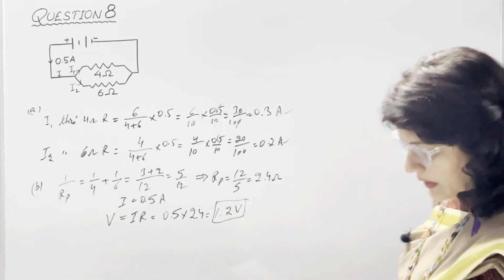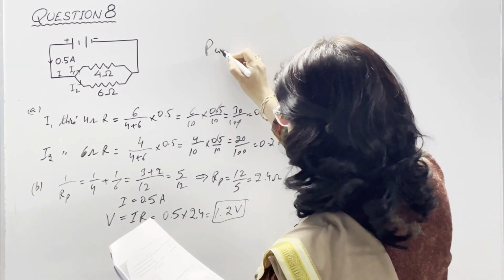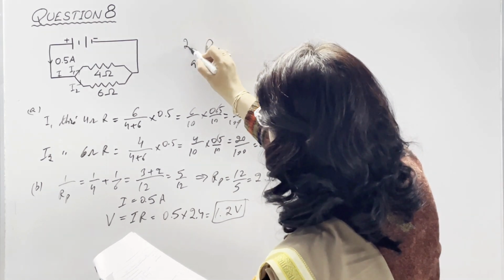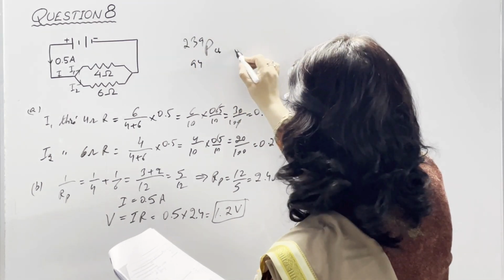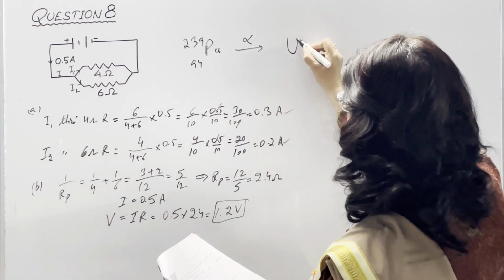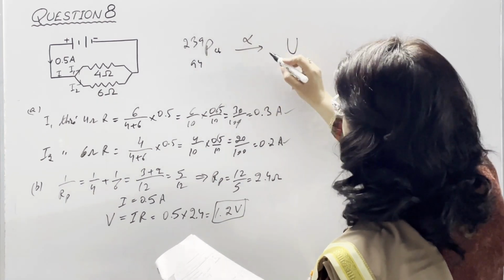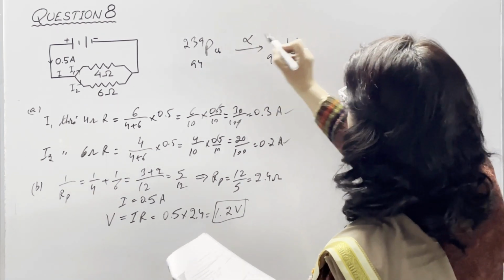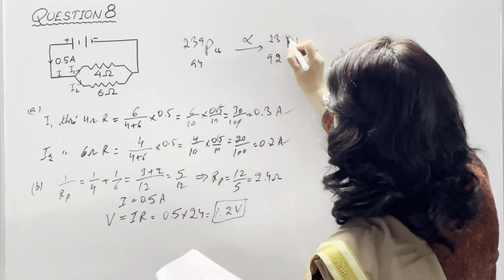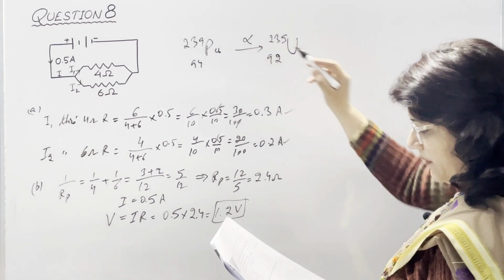So, starting from plutonium, Pu, atomic number is 94 and mass number 239. Now it is emitting an alpha particle and converting to uranium. After emitting an alpha particle, atomic number reduces by 2 and mass number reduces by 4. 239 minus 4, it means 235. This is the resulting daughter nucleus after the emission of the alpha particle.